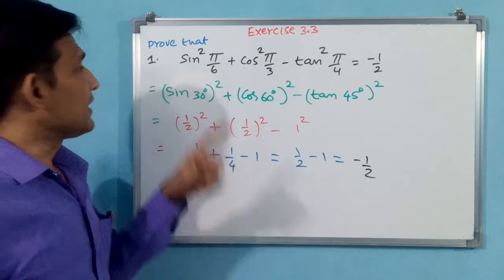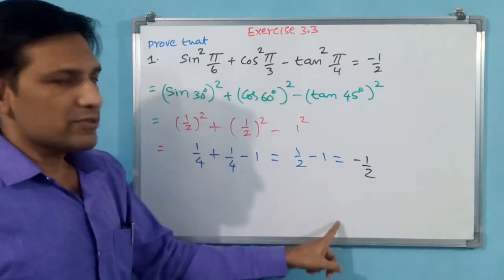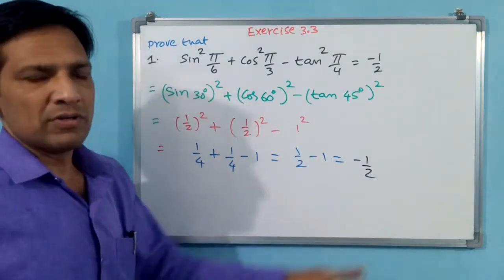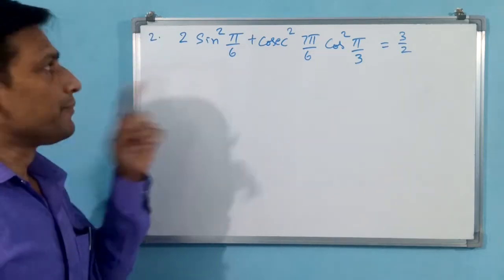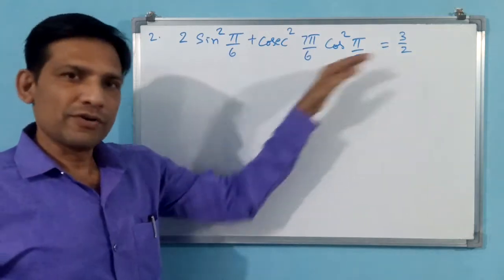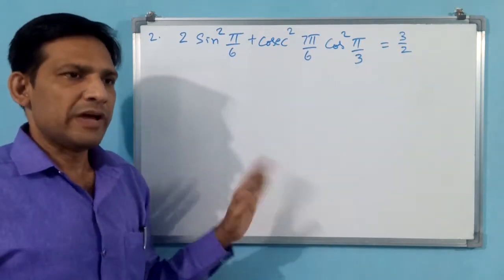See what you do in examination: LHS you take this one and do this one. That is equal to finally RHS. LHS is equal to RHS. Hence proved. All these you have to write. Okay, you see now, second question. This also you have to prove. Continuously you have to prove up to 4. Fifth question, value you have to find.